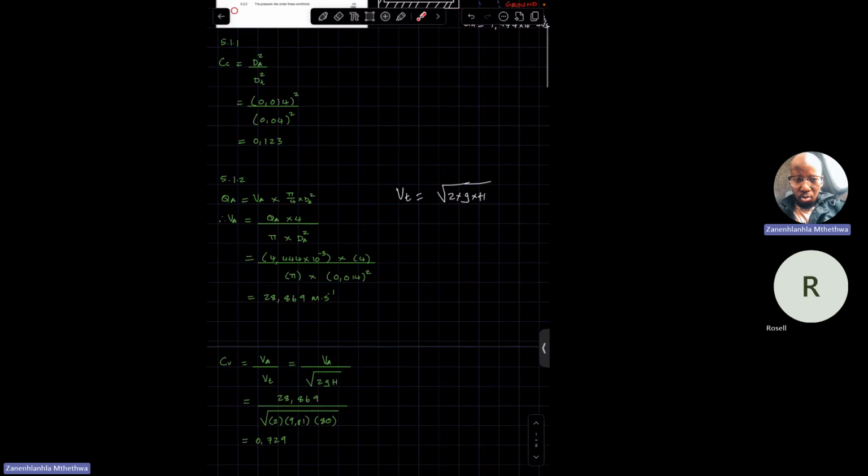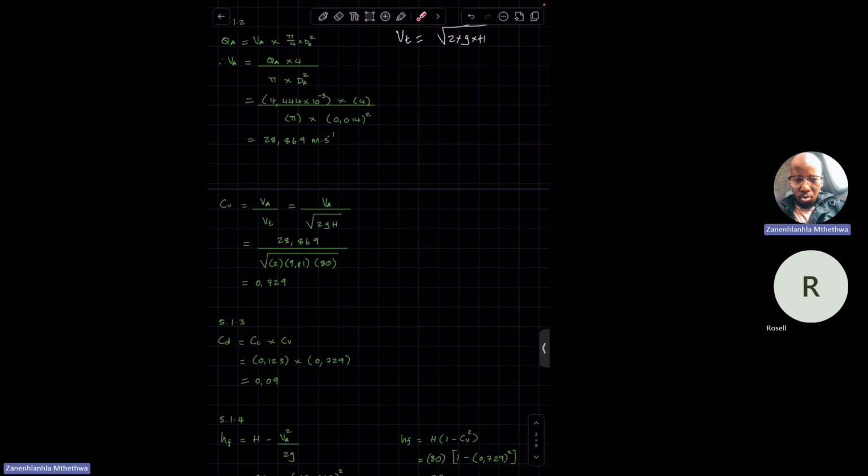But of course, you can calculate VT first and then substitute it in this formula. Either way, whichever approach you choose to take, you should